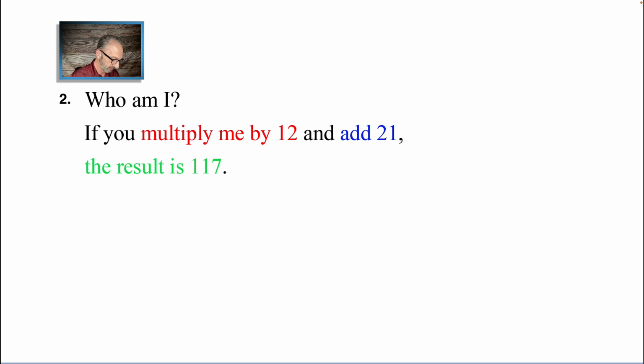Who am I? If you multiply me by 12 and add 21, the result is 117. So let's call this x. If you multiply me by 12, so 12 times x, and add 21, I get